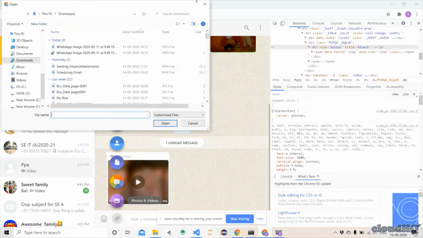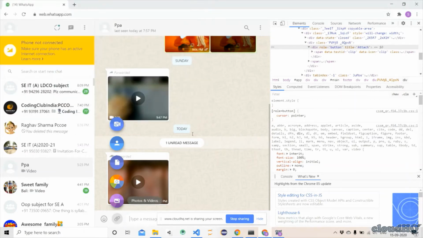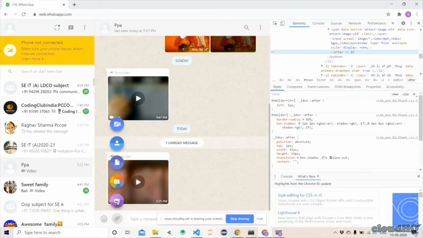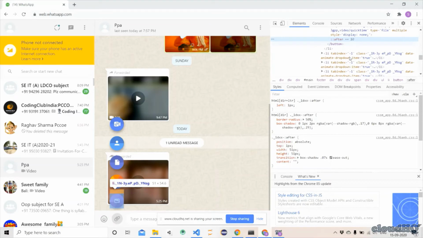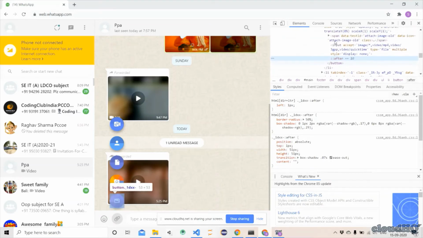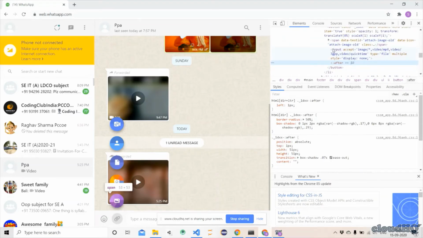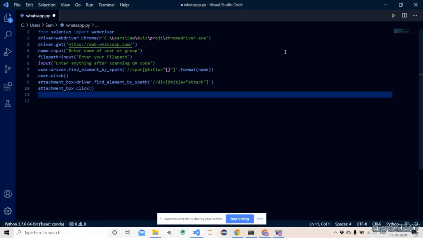So if I click this, then we again need to inspect that element. I would click it here. So I'm getting here an input box. Okay, the element name is input, and it's accepting all these things.